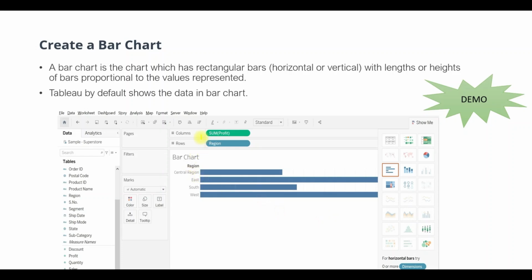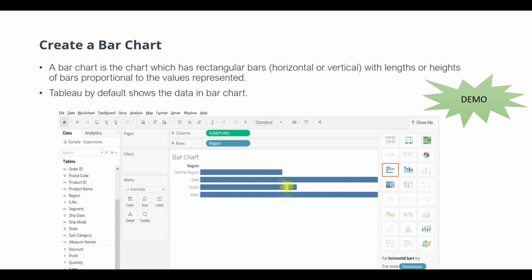For example, the values the measure represents will be shown in the bar. And by default, Tableau shows the data in a bar chart whenever you drag and drop any column into the columns or rows. So this is how a bar chart is created in Tableau.